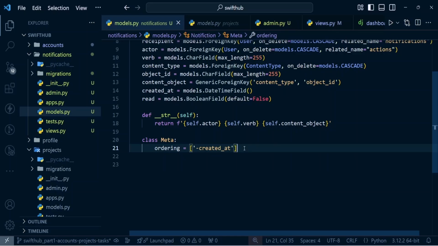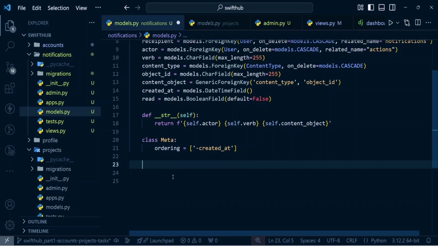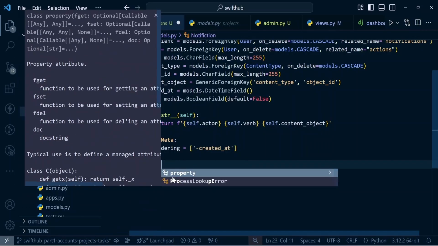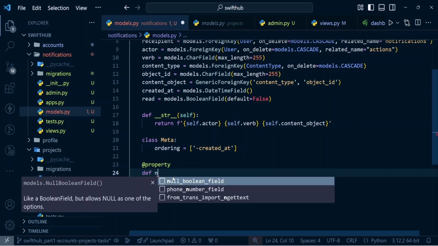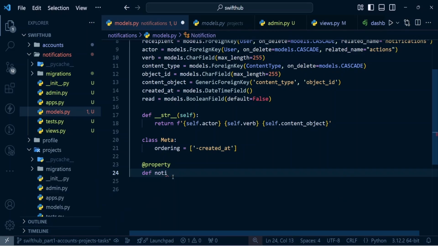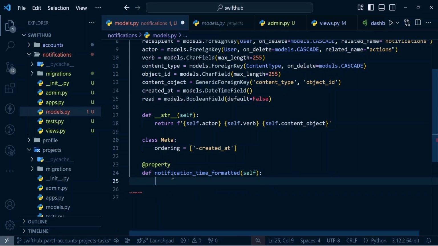All right, so to do that, I'm going to have to create a model function right here. So I'm just going to use a property like this, and then the name of the function, we're going to say def, we're going to define the function and give it a name. So the name, I'm just going to give it notification underscore time underscore formatted. That is descriptive, and it's going to take self like this. All right, so now that we have this, we're going to return, and what we are going to be returning is going to be self